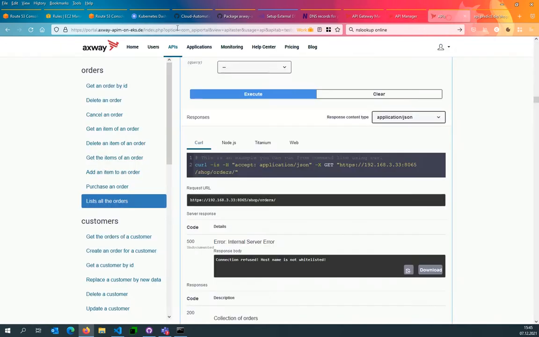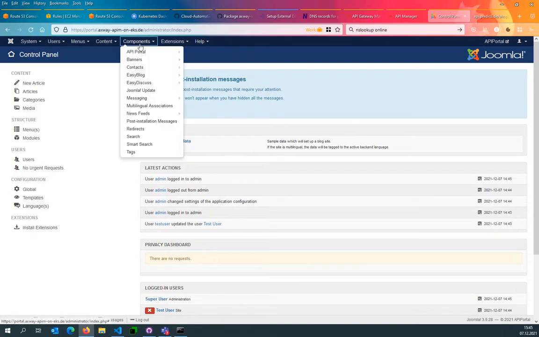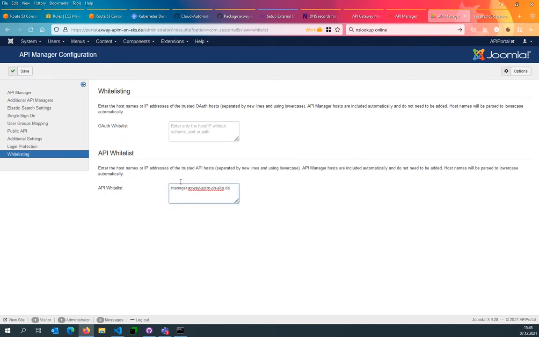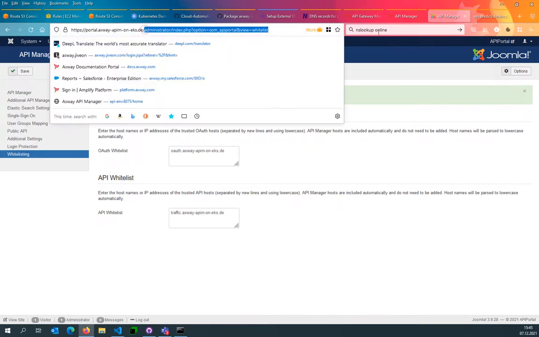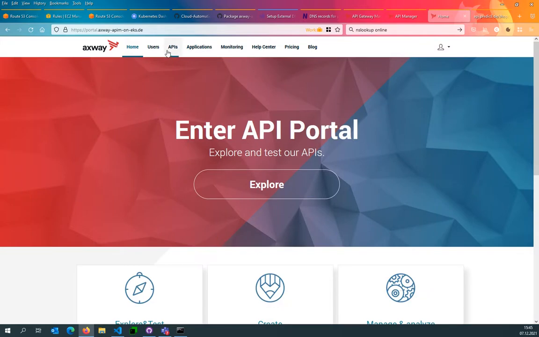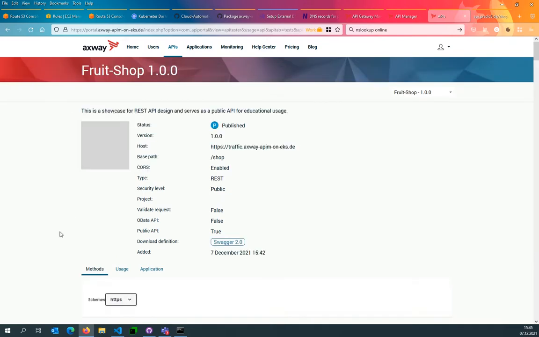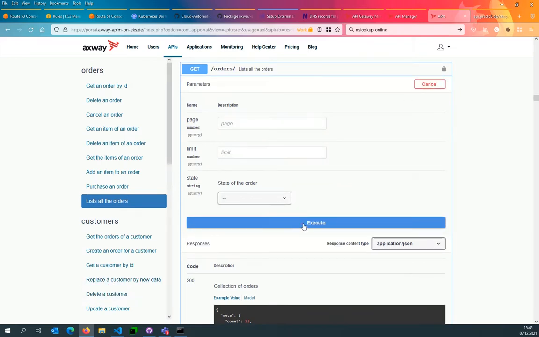And let me also change this in the API portal to have it whitelisted. So, and this is traffic, and that would be wealth. So, for a later thing. So, okay, and APIs, fruitshop, list all orders, try out, execute,